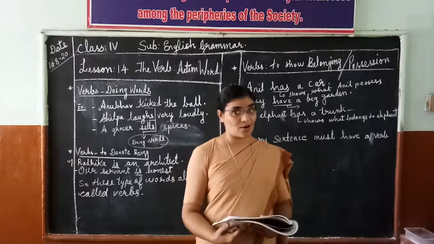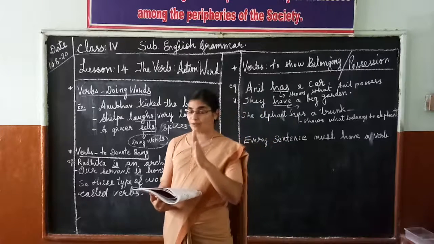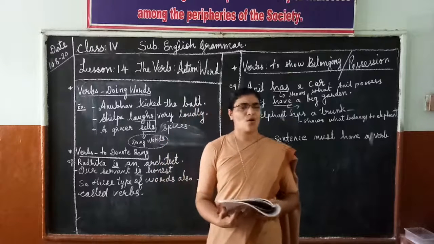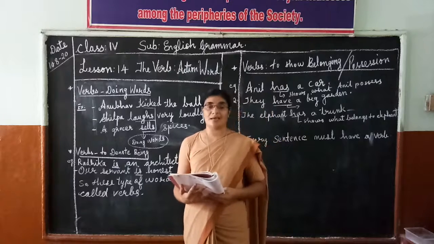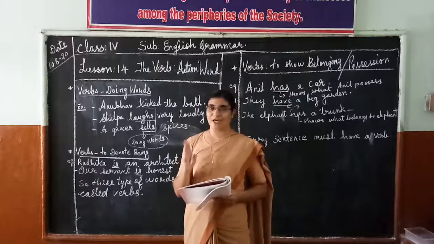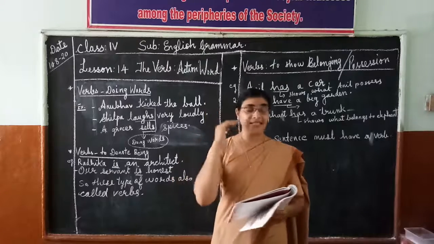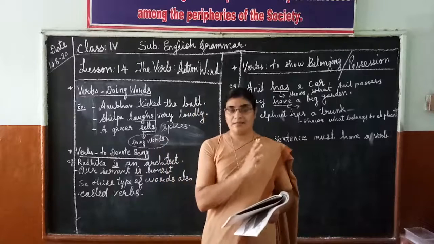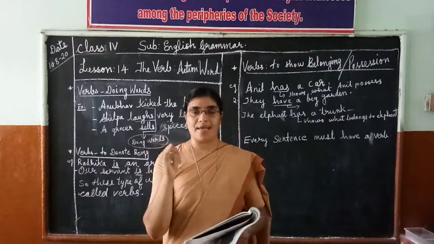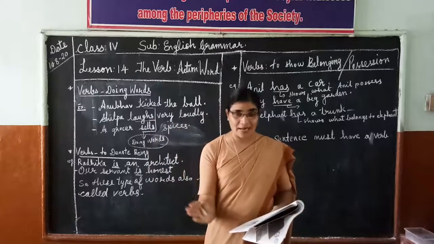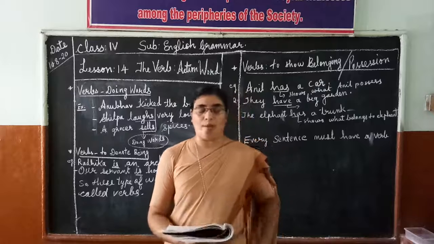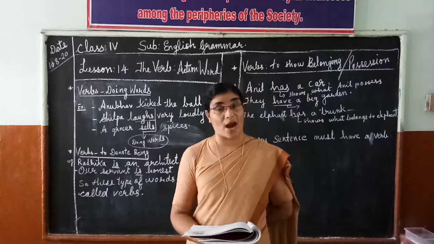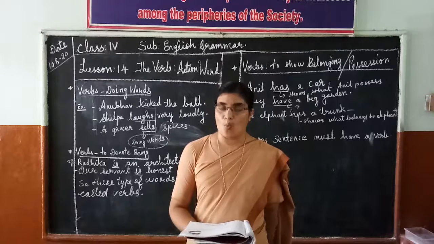Like for example, Gopal wrote a beautiful poem. We have only one verb here, that is wrote. Or the carpenter is making a table. Is making, two words we have in the sentence. Or we will be leaving for Agra tomorrow. We is the subject, then we have will, be and leaving. Leaving also is a verb. So three verbs we have. So in a sentence, it's not necessary to have only one verb. It can be more than one verb.